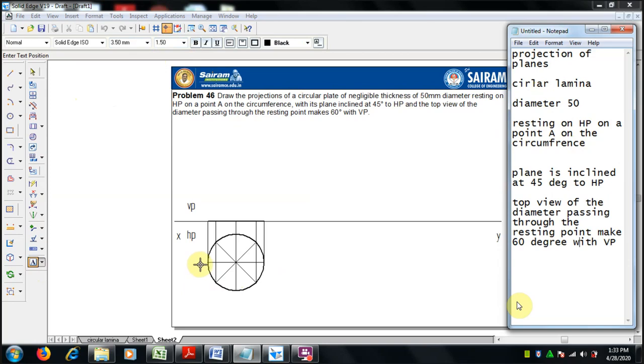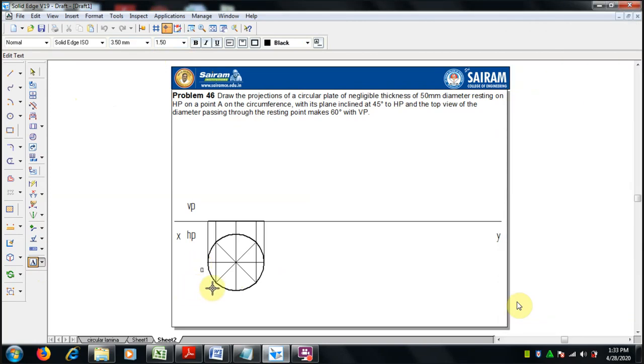So this is the reference A. We have to take a point A on the circumference. From that, A, B, C, D, E, F. So all the segments, we have mentioned the names for it, so that the front view we can name.